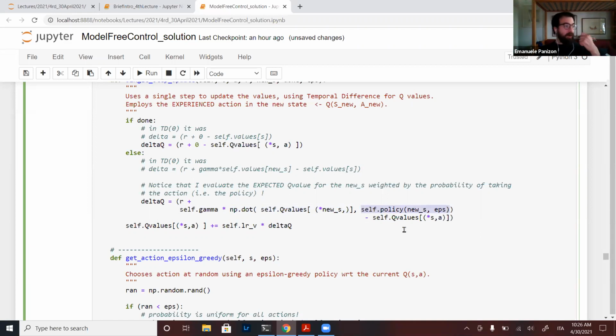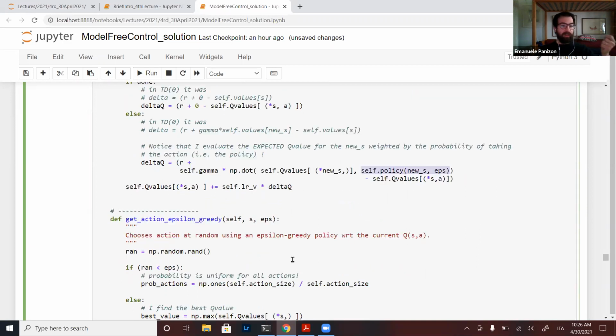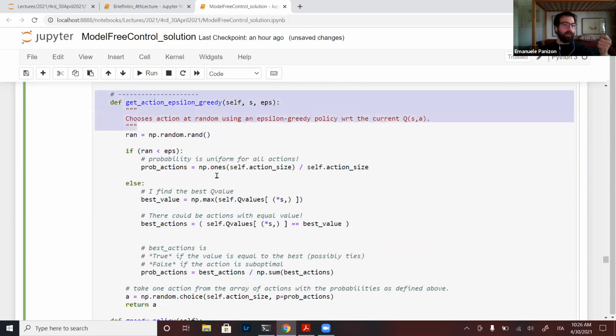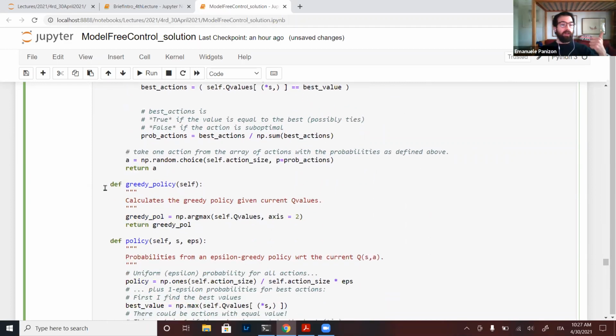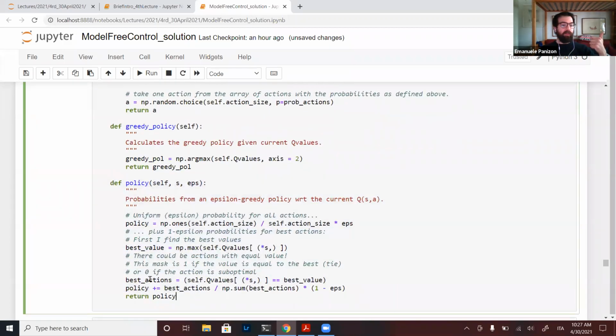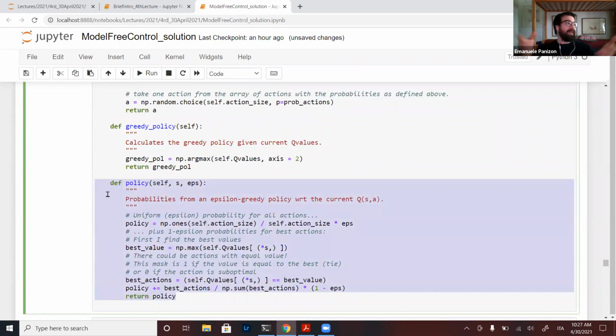Now, the only thing which is a bit different is that not only do I need a get action epsilon greedy, which returns one action with the probability given by the epsilon greedy, but I also need a function which returns the actual probabilities.